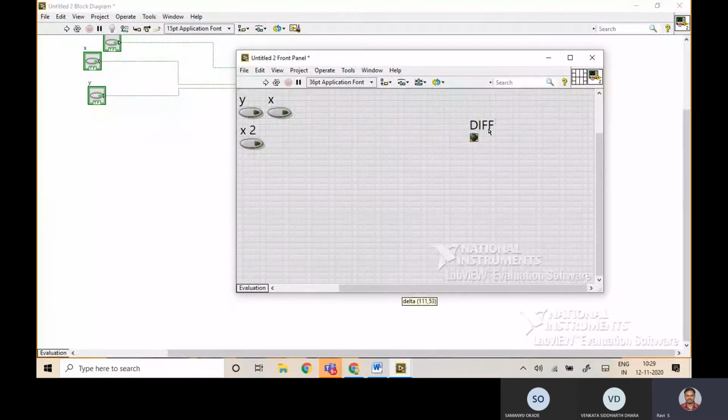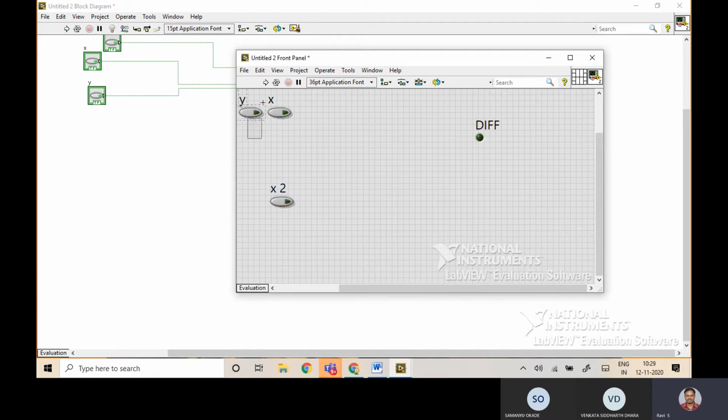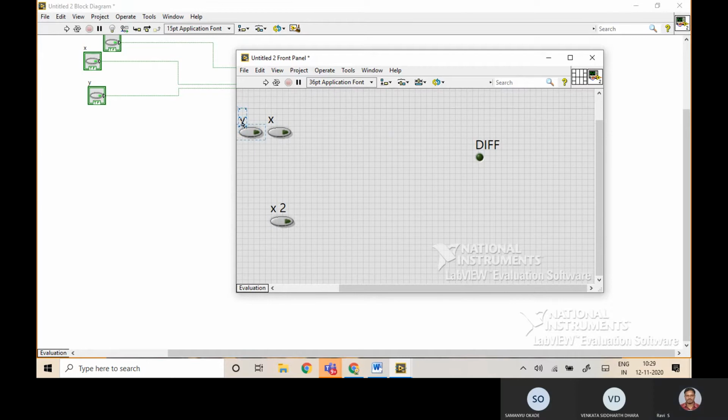This is my difference, I'll keep it here. X and Y, let me assume as A and B, and the third one I'm replacing as C. Right now A, B, C, three switches are available in the front panel, and also the display for difference.